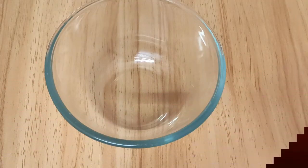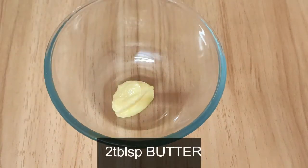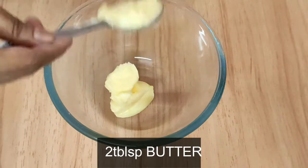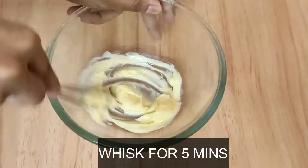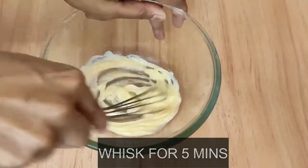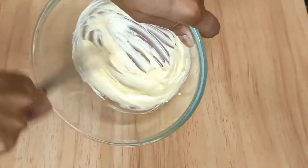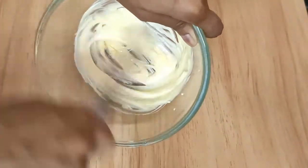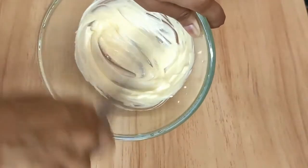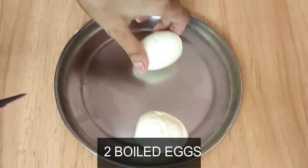Now let's jump into the recipe and make egg sandwich. For that, here in a bowl I'm going to take 2 tablespoons of butter at room temperature. Now I am going to whisk it for 5 minutes till it is creamy like this. When the butter is nice and creamy like this, we are going to